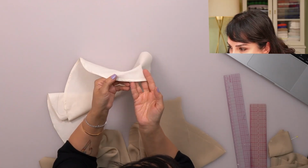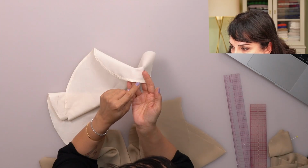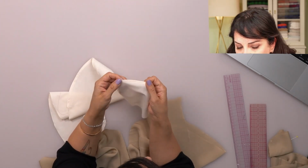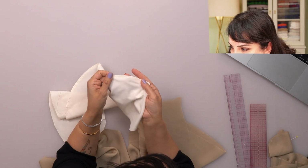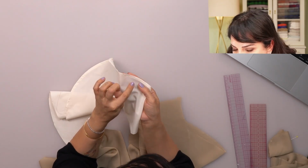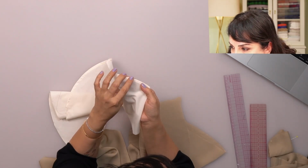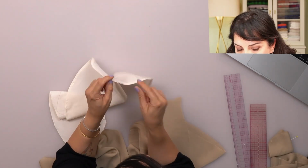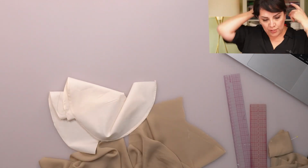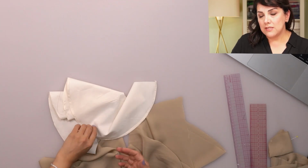If you can see it, I don't know. It has 2 rows of stitching. One row is very close to the edge, like in this side. If you can see it, I don't know. It is very close to the edge, and the other one is about 0.5 centimeters away from it. Do you see that? So these are especially nice when you are doing some kind of a sporty look edges,